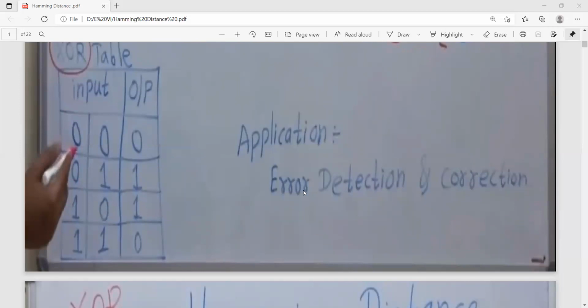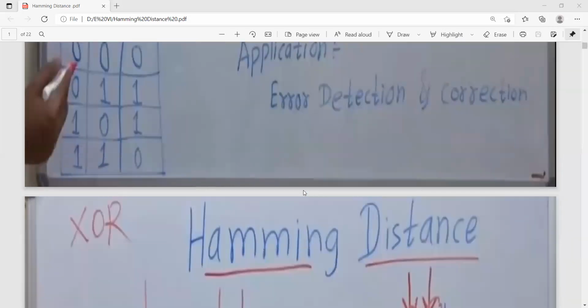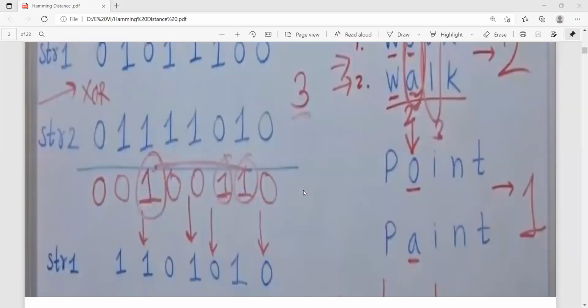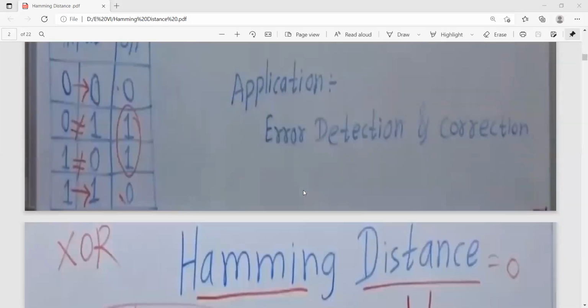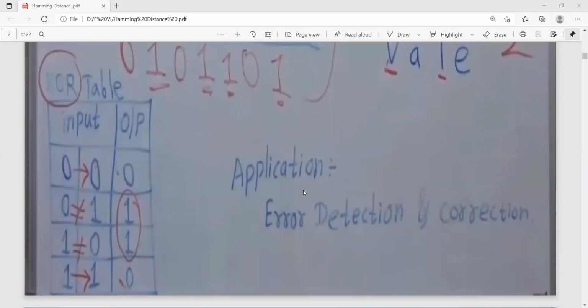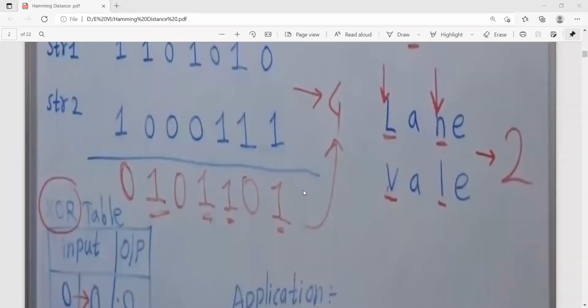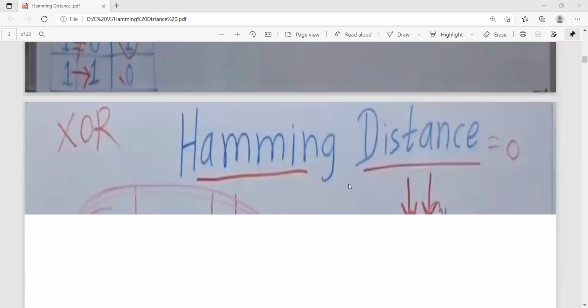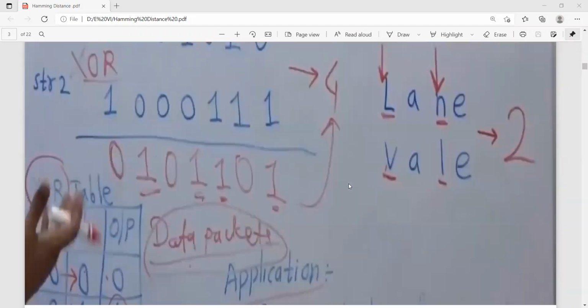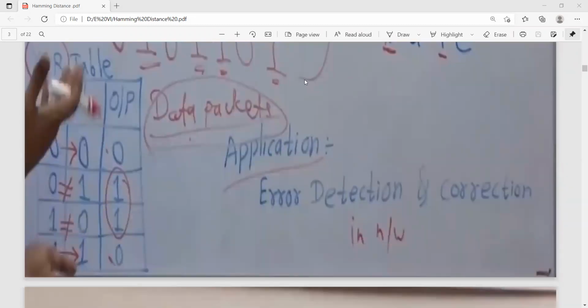This technique is used from the error detection and also the correction point of view. Okay, so this is the 4 errors. So how can we identify the errors?